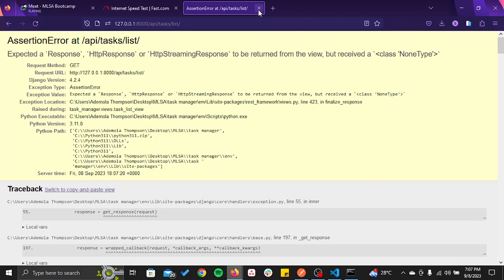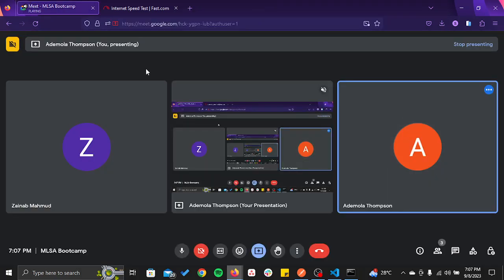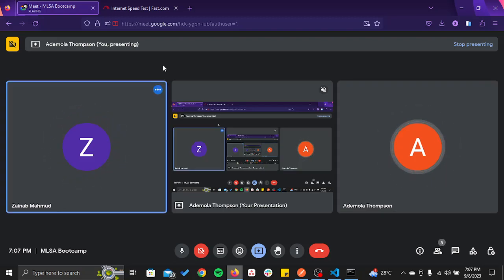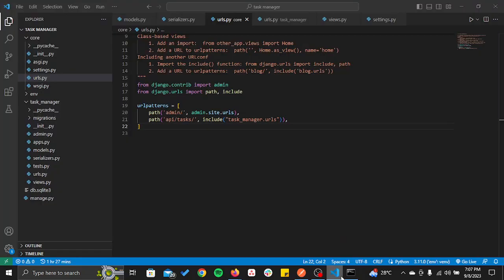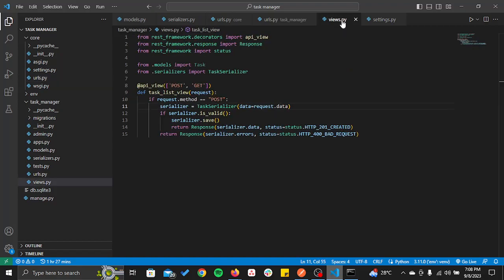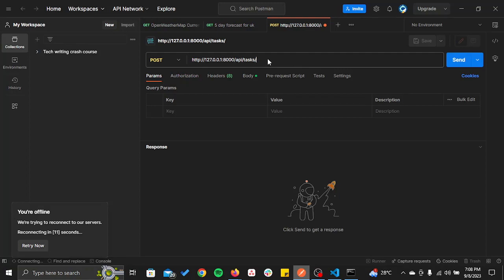Okay, so currently by default, I mentioned earlier that your browser sends a GET request by default. So the only thing we have right now is a POST request, although I still don't think that should cause an error. So we are going to test the POST request right now. So API slash tasks slash list,